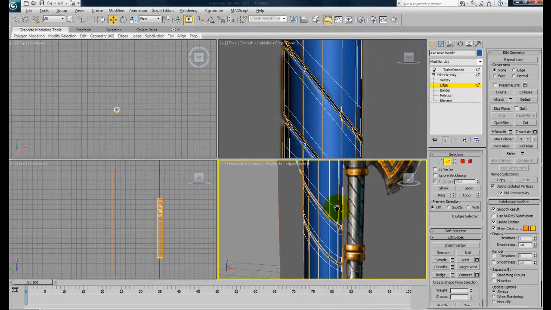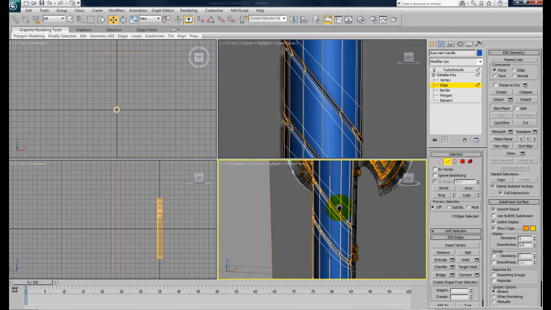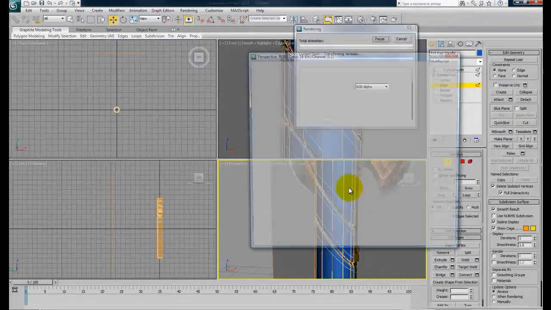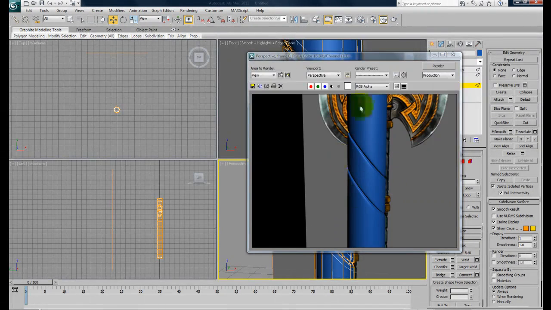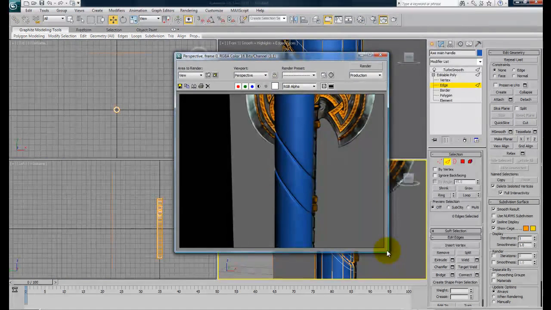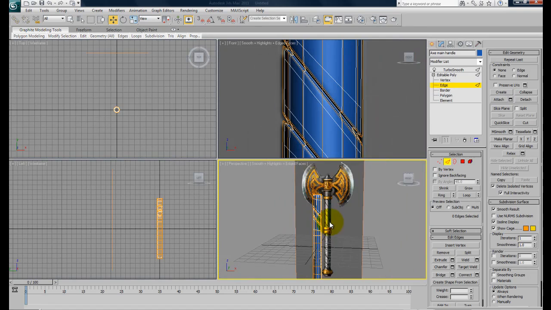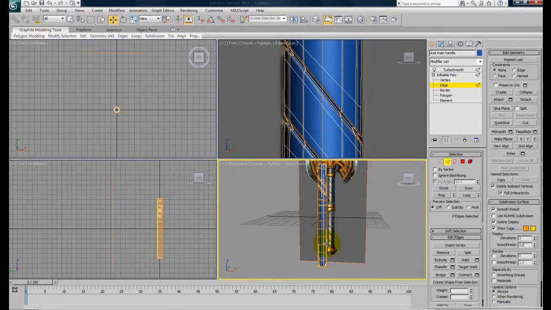In the perspective mode, you can hit Shift Q, the shortcut key, or click on this teapot render production button to actually see how it looks in the final rendering. Okay, it looks very smooth, very nice. Yes, so you want this to be applied on all of the segments